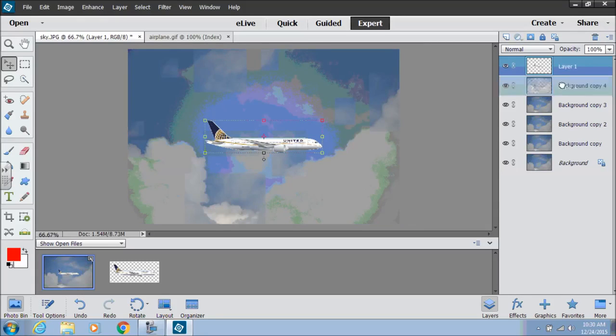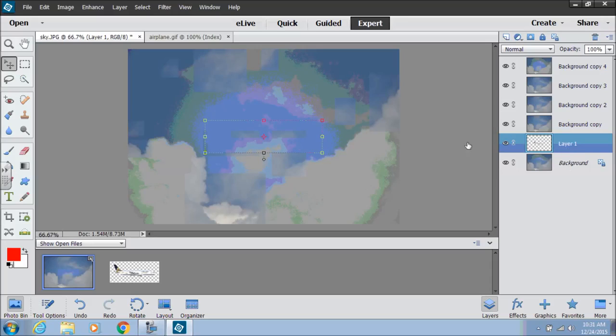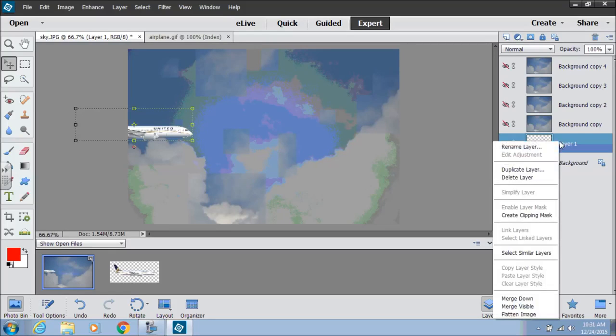Now, what I'm going to do is move that layer above the original background layer and turn everything else off. Okay, so if you notice, I turned the visibility, that's the eyeball, of all the other layers off so that I can see where I'm placing my picture of my airplane. So there it is, and I'm going to duplicate this layer,